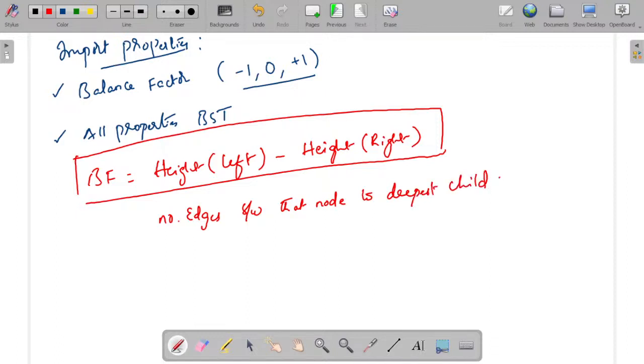So for any given node, the height is the number of edges between that node and the deepest child node. All right. So for example, if you take this particular tree,